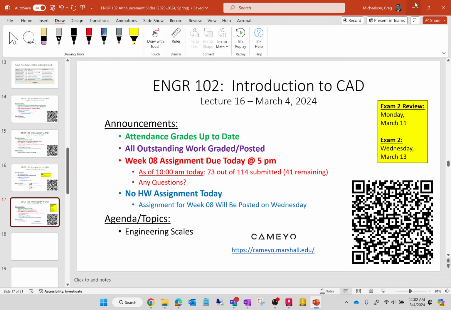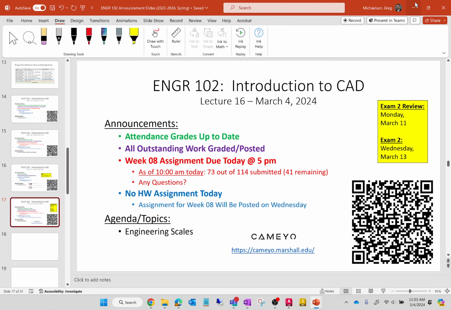Okay. For you Mac folks, and really for anybody who's not a Mac user, I wanted to mention something called Cameo because the university just went live with Cameo like on Friday. So just so you're aware, Cameo is a platform where it stores a lot of the university applications and whatnot in a cloud-based setting. So anybody with Marshall credentials has access to Cameo. Okay, and the website is just cameo.marshall.edu.